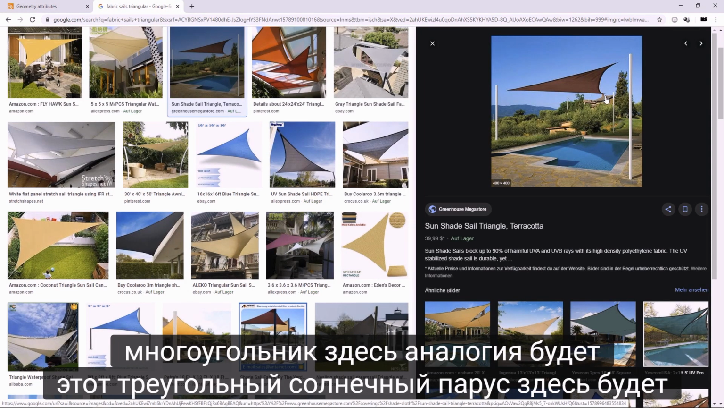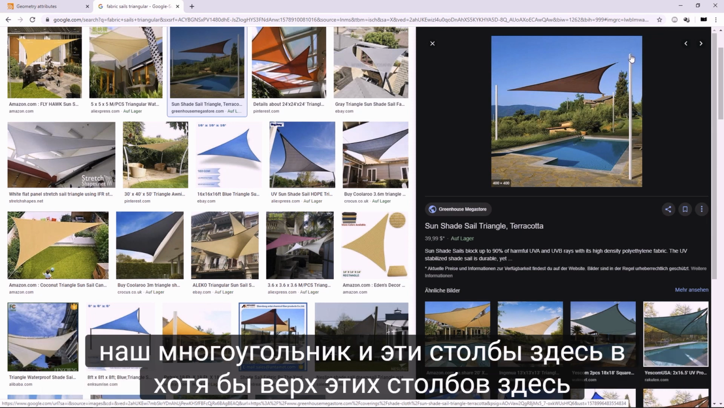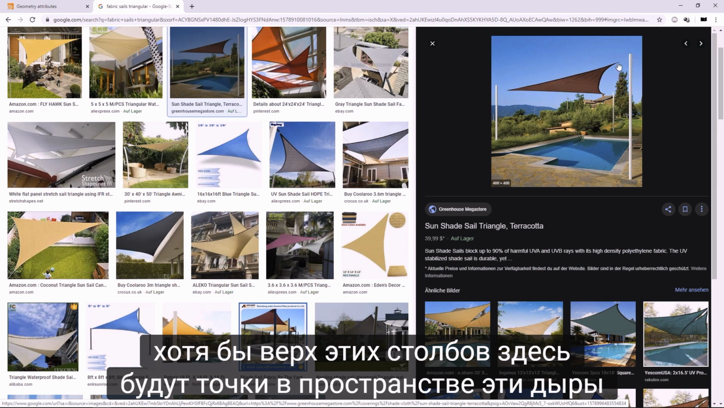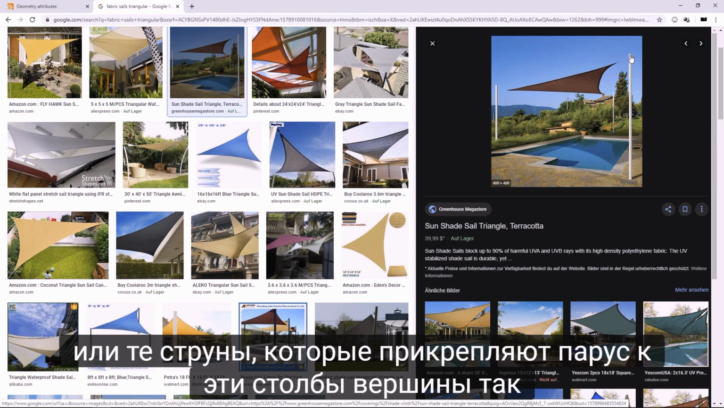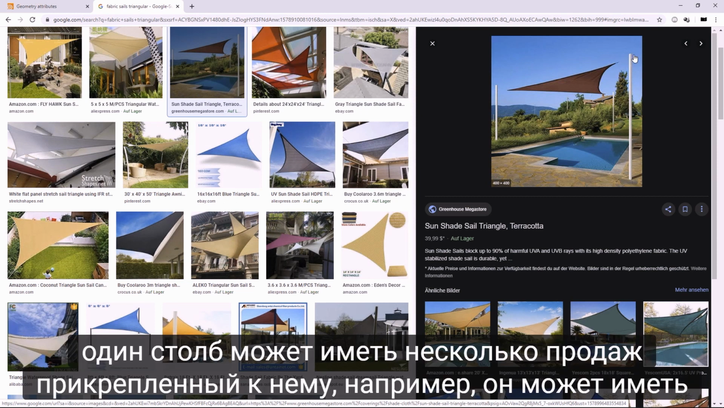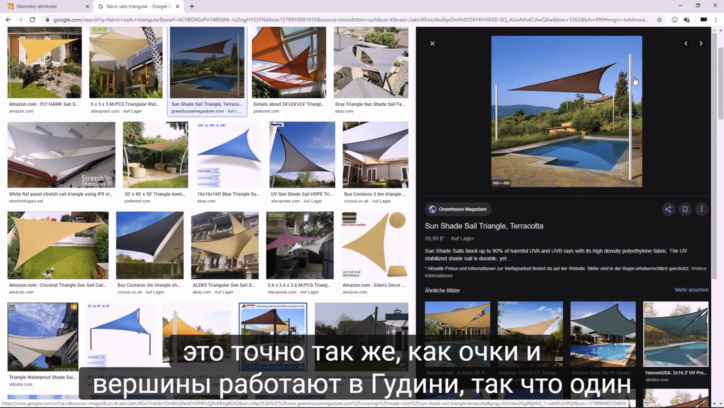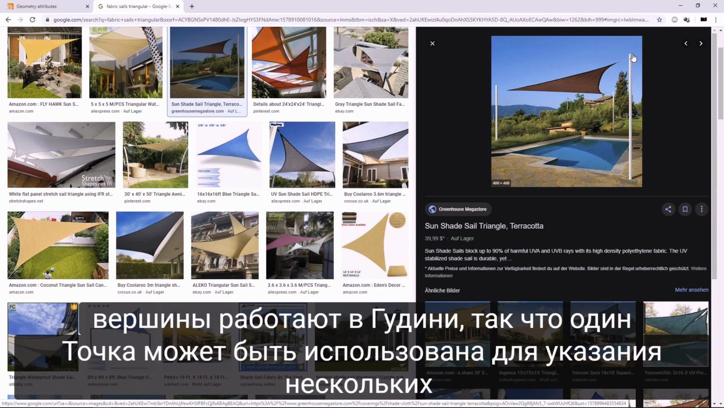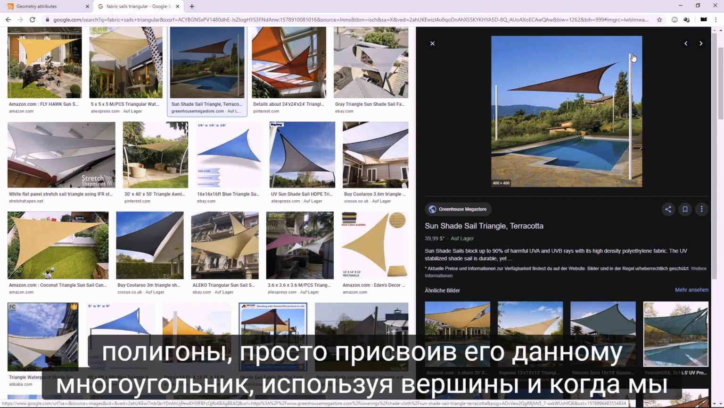This triangular solar sail here would be our polygon. And those pillars here, at least the top of those pillars here, would be the points in space. Those holes, or those strings that attach the sail to those pillars here, are the vertices. So one pillar can have multiple sails attached to it. For example, it could have another sail attached on this side. And that's exactly the same as points and vertices work in Houdini. So a single point can be used to specify multiple polygons, just by assigning it to a given polygon using